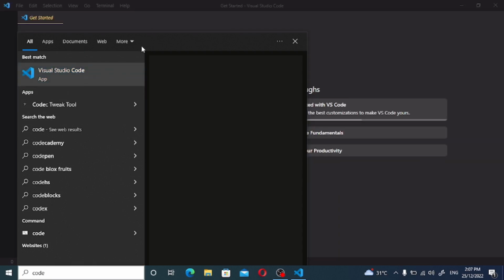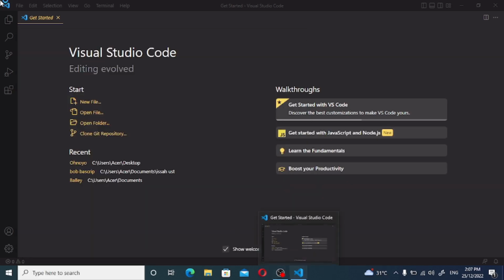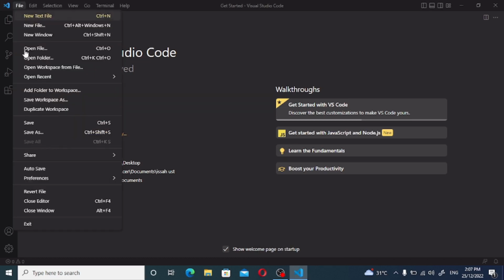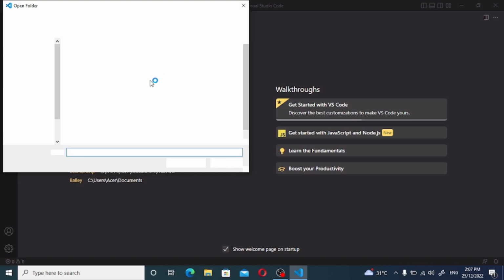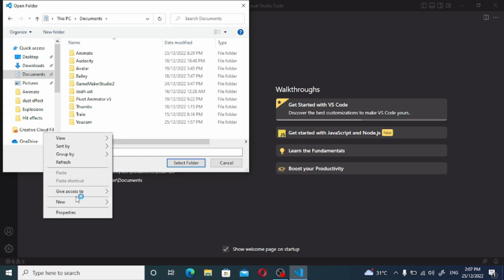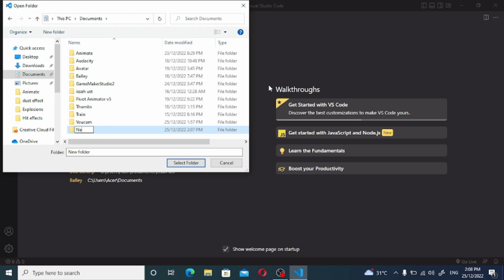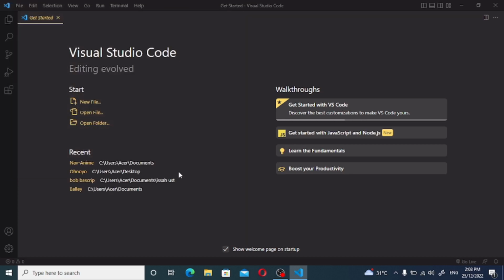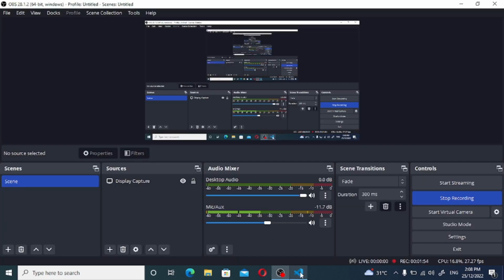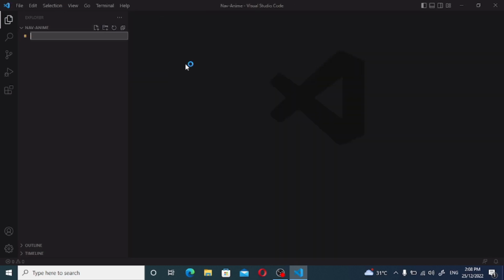If you want to open VS Code, just click on this VS Code button. Once you've opened VS Code, go to File, Open Folder, Documents, right click, New Folder and name it Nav Anim. Select. Once you've done that, close this tab and create an index.html file,